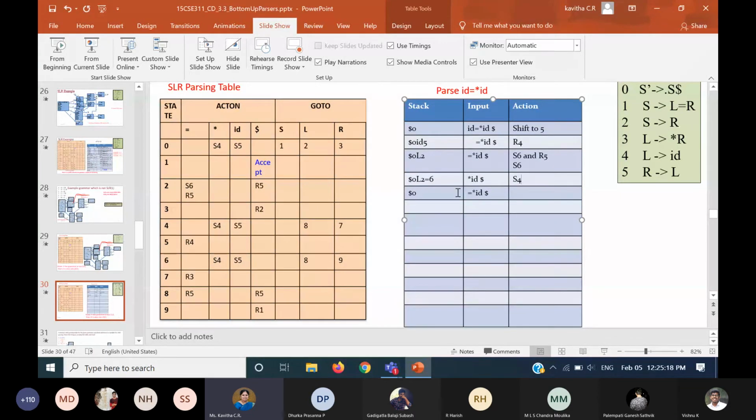So S4 means I am going to shift that star also. So my input content will be only this much now. And now at star, I need to write the state number. At 4 on ID is S5. So again, one more shift.